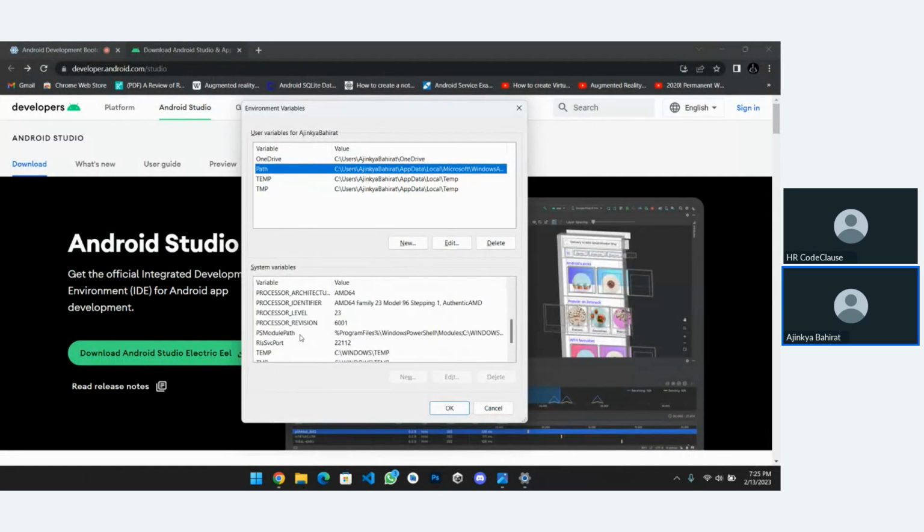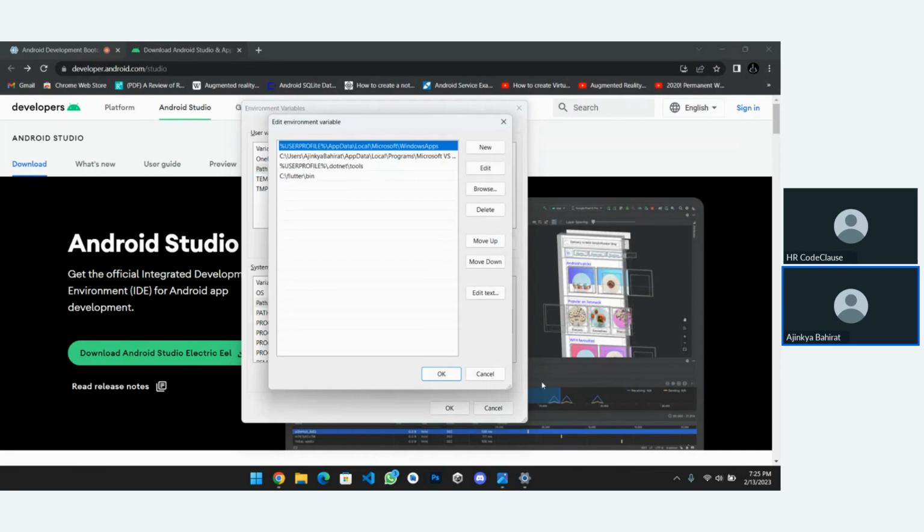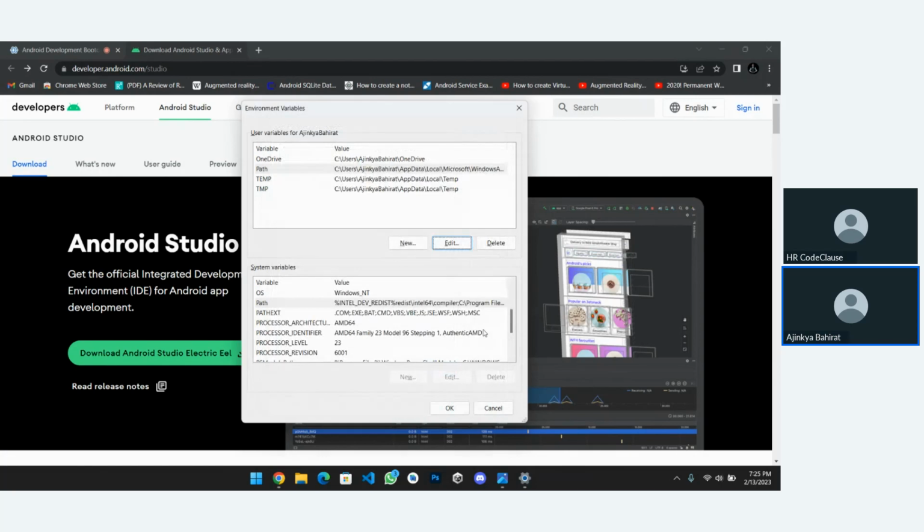You can see there are different paths. Click on path and edit. As you can see here, different paths are already available. So create new, paste it over here, and say okay.